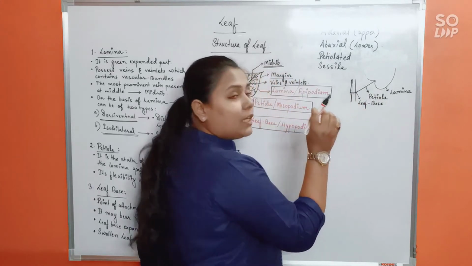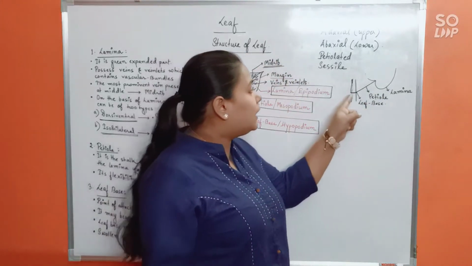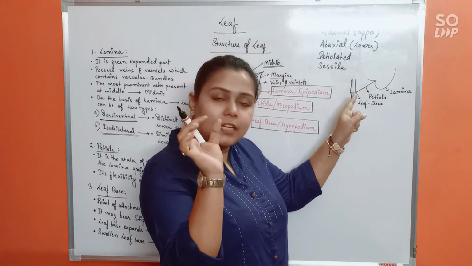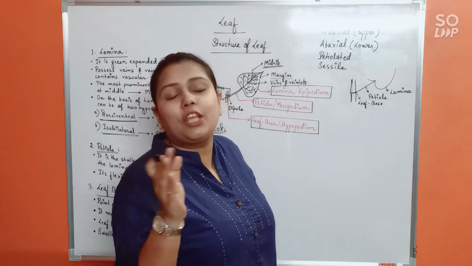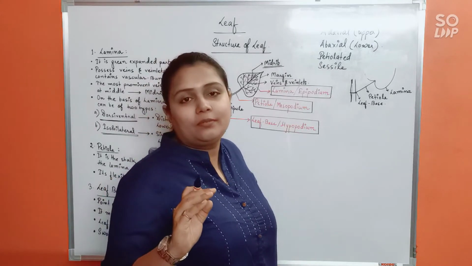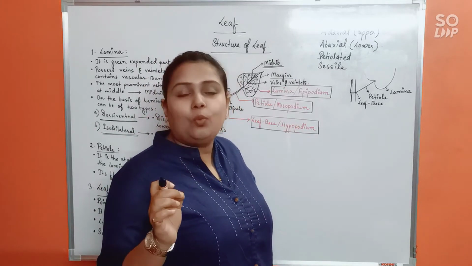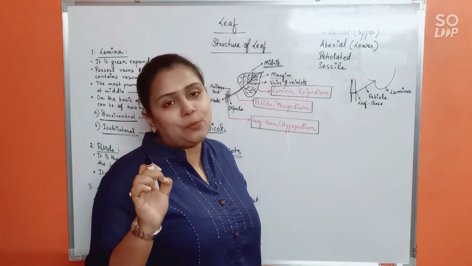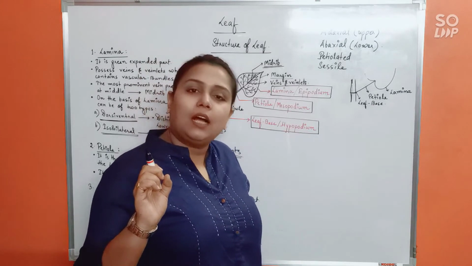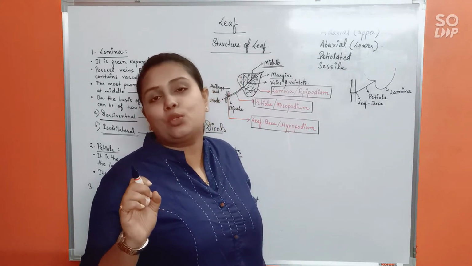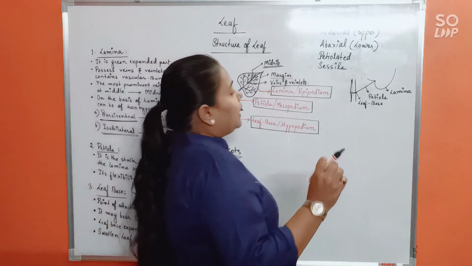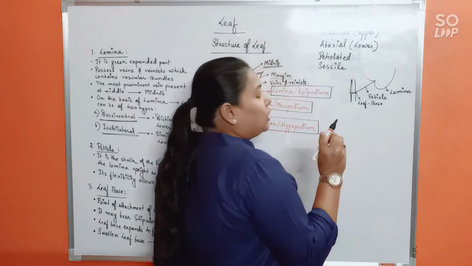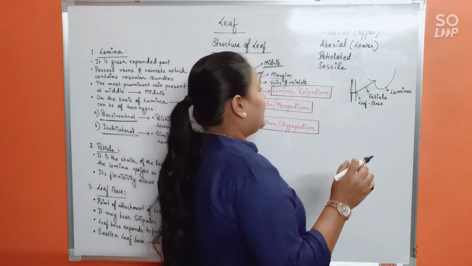We have no specific boundary here that this much portion is the leaf base and then this portion is the petiole. No, you cannot differentiate between leaf base and petiole. Alright, but then we basically mark the point of attachment to be leaf base. Understood? It is not distinguishable from the petiole. So now, regarding leaf base, there are certain important points that you need to learn.